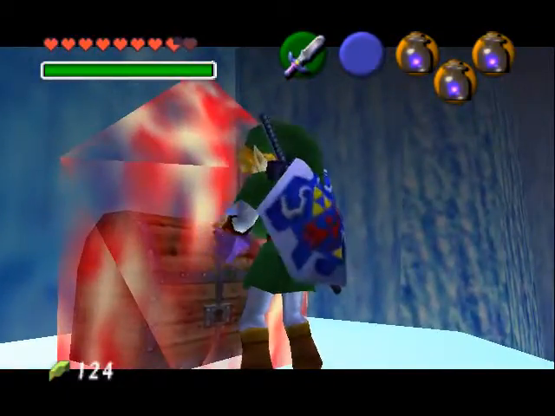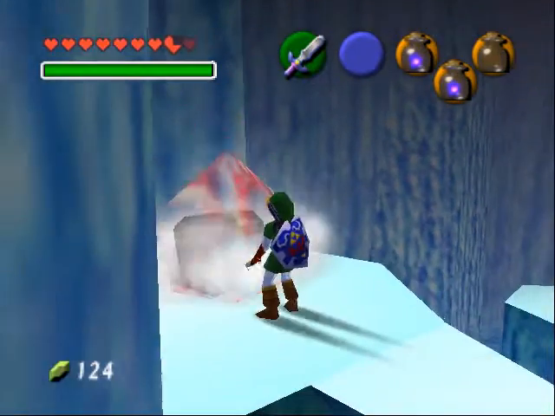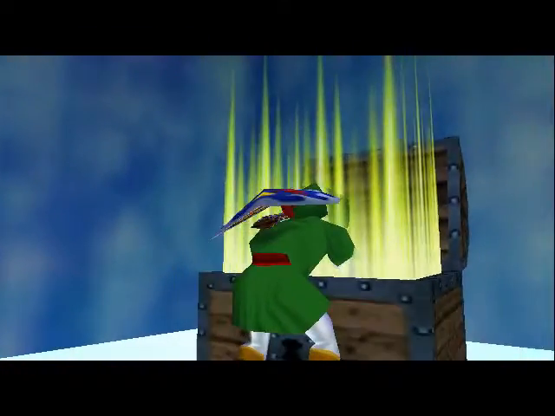You know, actually, in retrospect, there's nothing unnatural really about blue fire. I mean, obviously this looks kind of weird because red ice is melted by blue fire, but in the regular real world, blue fire, what it'll do is...